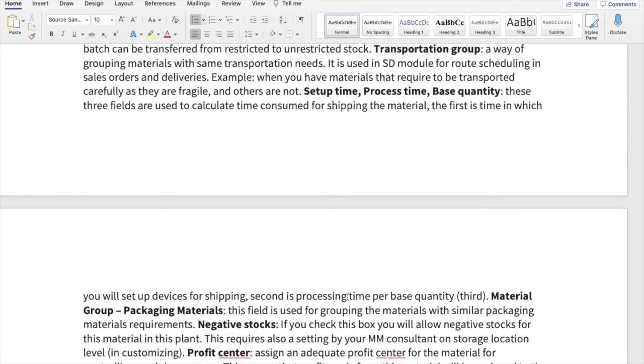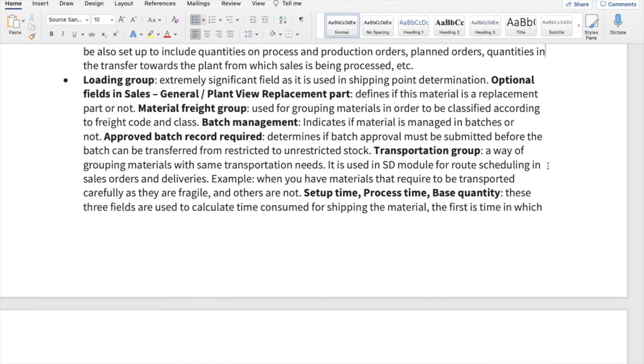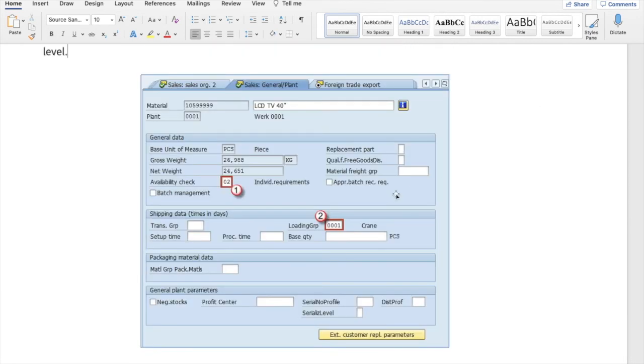Another important piece of information is negative stock. So what is negative stock? As I told you, SAP does not allow you to create a sales order if the material is not in stock. But the scenario may come that you have to book a sales order because you are getting a wonderful price from the customer.